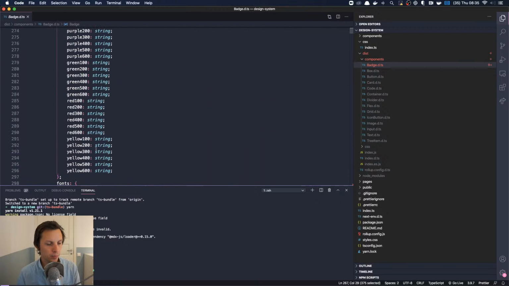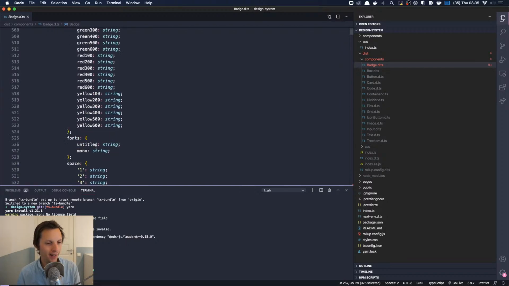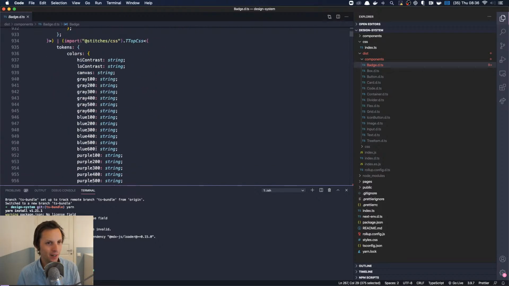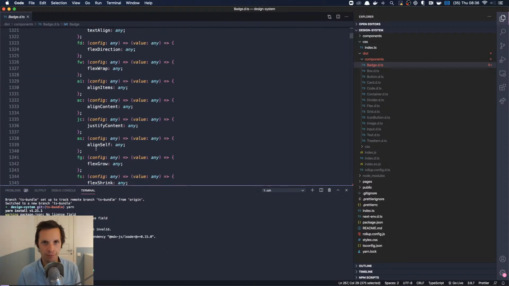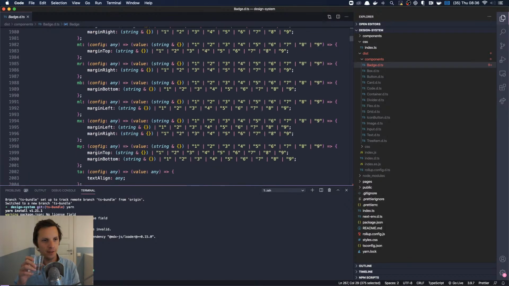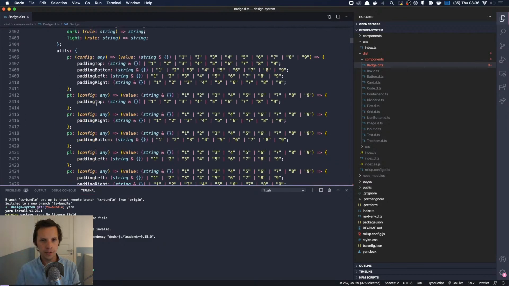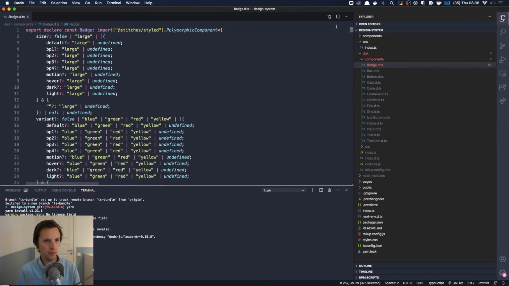But then, it pops up again. So there's no reason for it to do that. It should only have one declaration of the config. Every file needs the config, because that's what we input to Stitches, which is perfectly okay. But you don't need 4, 5, 6. Oh, there's a lot of them here. Oh, this is insane. Why is there so many of them?